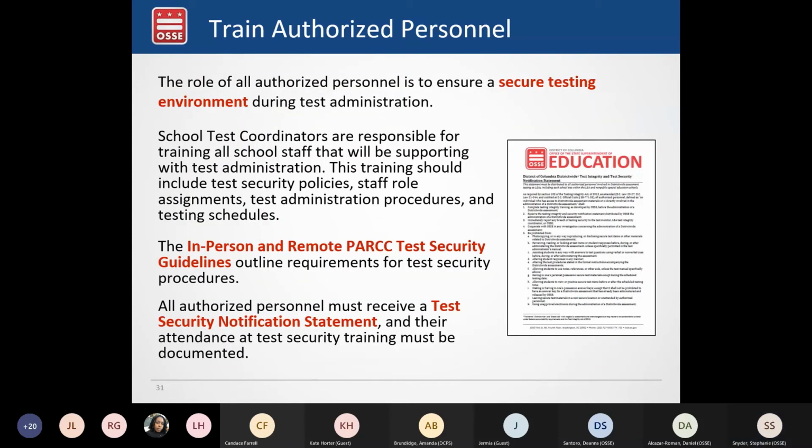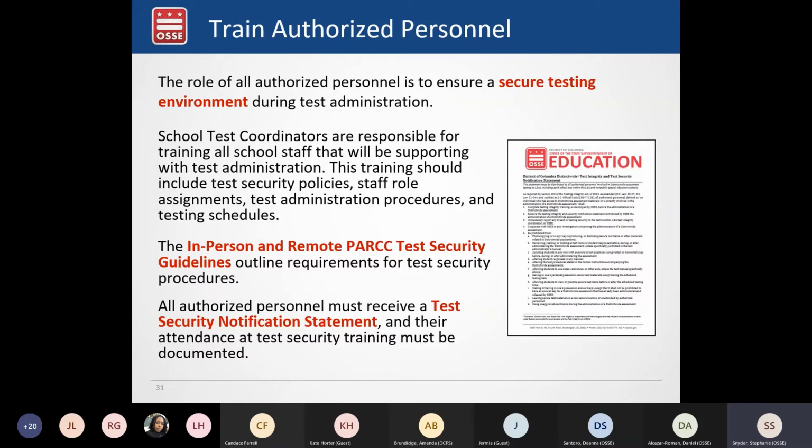Part of that training is making sure that everyone understands what a secure testing environment looks like. There are requirements that are noted in the various modules about what should and should not be present in a test environment, and school test coordinators are responsible for ensuring that everyone involved in testing understands what those requirements are.